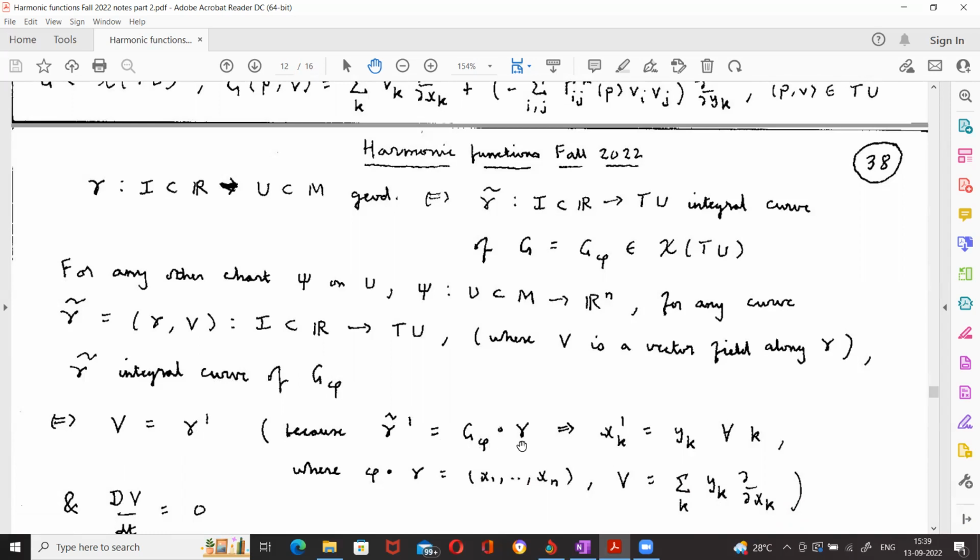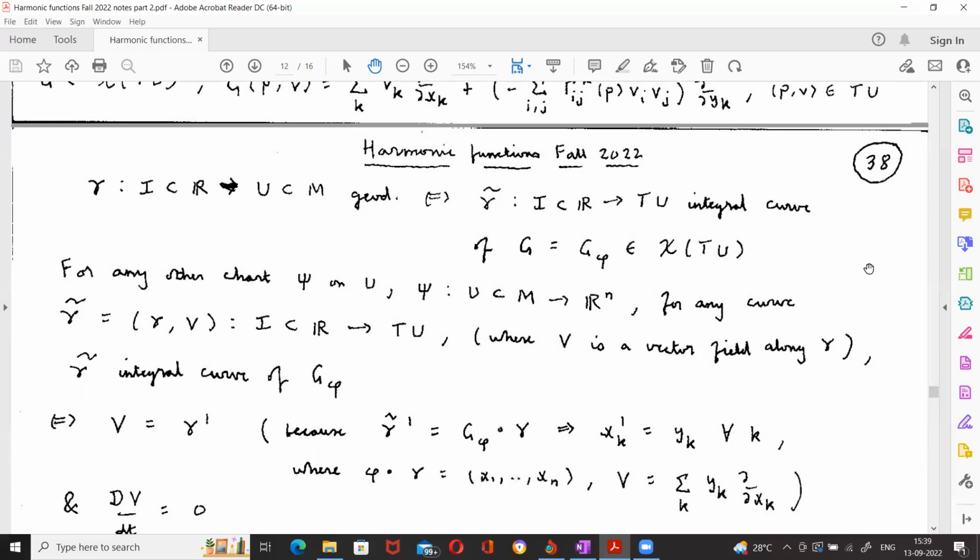Looking at this ODE, if gamma has coordinate functions x1 to xn and V has coordinate functions yk,